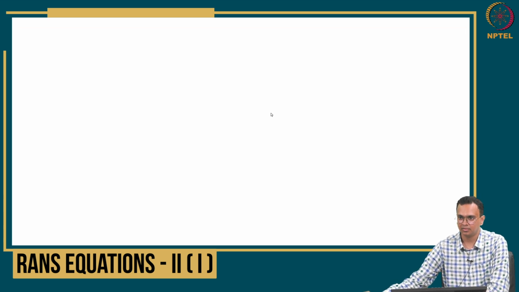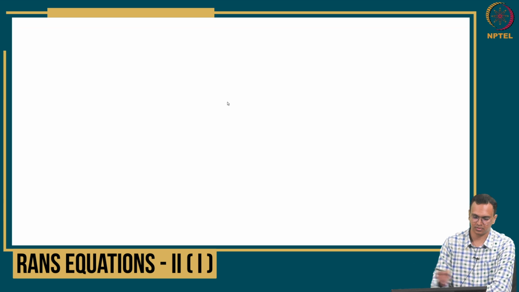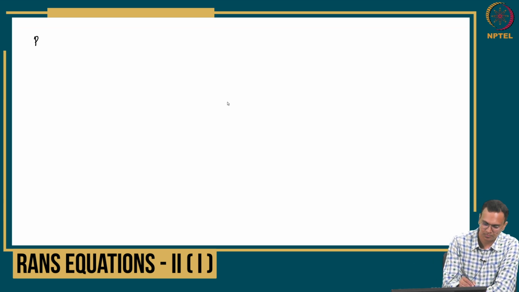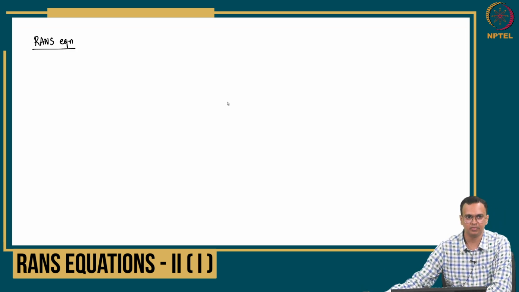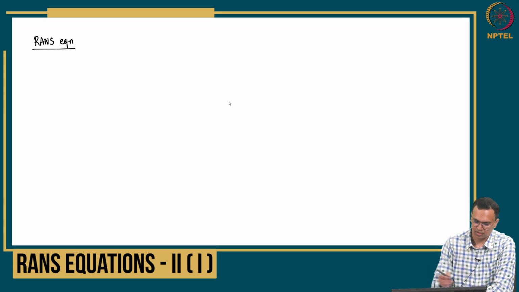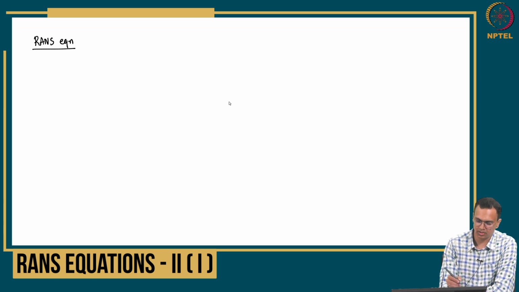So I welcome you all again, and in the last class we looked at derivation of the RANS equation. The so-called Reynolds averaged Navier-Stokes equation was derived by taking the Navier-Stokes equation and then applying Reynolds decomposition and ensemble averaging. With that we achieved the RANS equation. The only thing is, in the RANS equation we got extra unknowns. So the RANS equation looked like you had